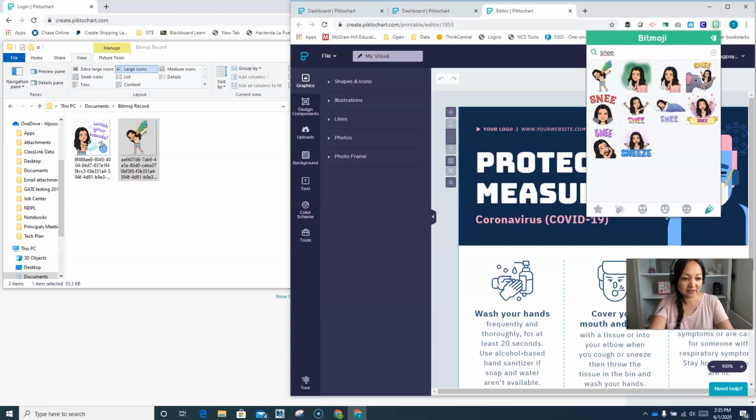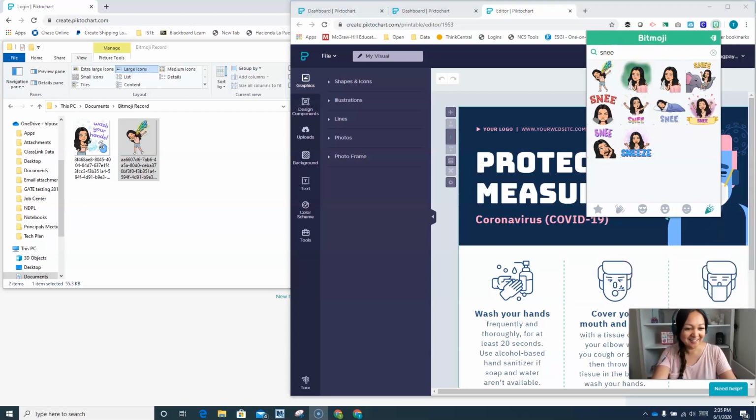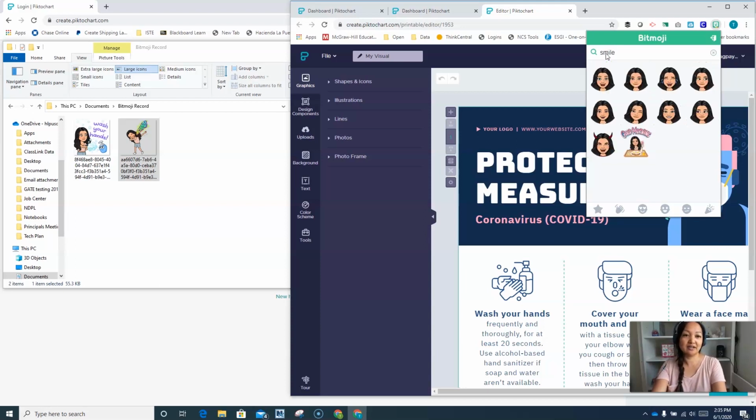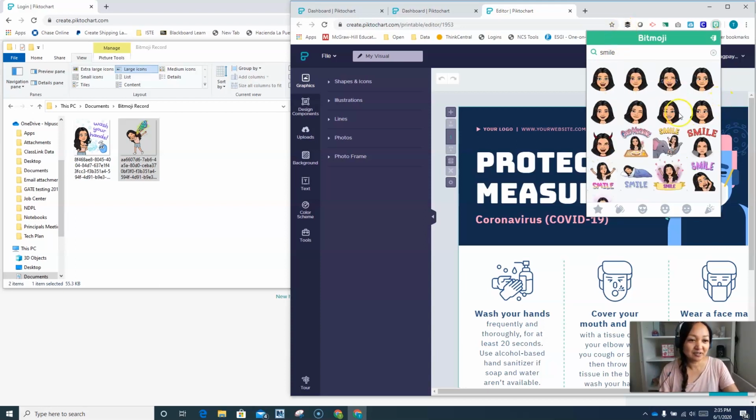The next one down here, oh, my face is in the way. The next one down here is wear a face mask. So unfortunately, Bitmoji doesn't have one with a face mask. So I'm going to show you how to put a face mask on one of your Bitmojis later on if you stick around. So I typed in the word smile, and that just gives me a plain picture of me